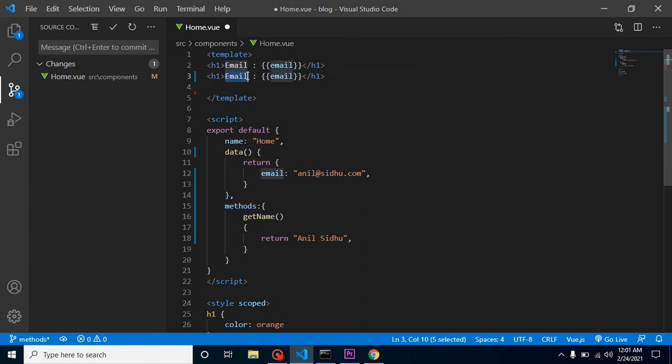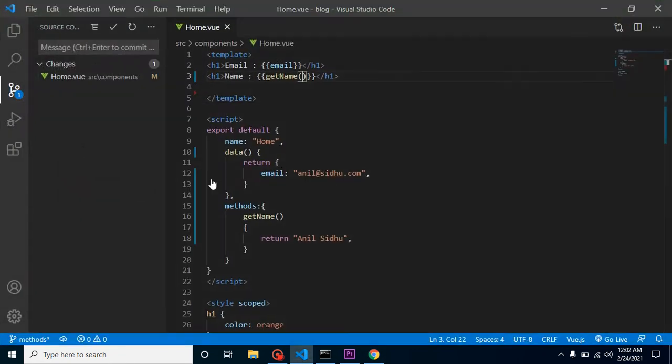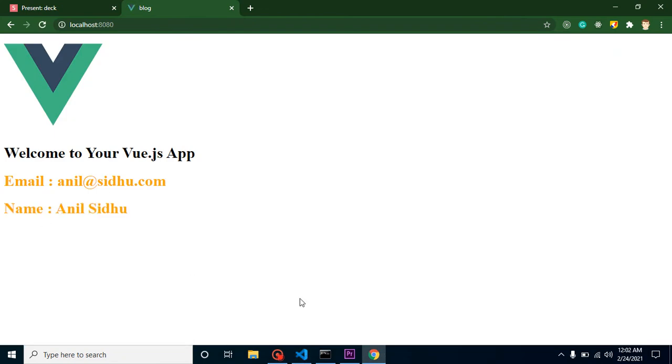So I can put name, and now put getName like this, and in the output you can see that. Okay, let me check what's wrong with it. I don't need to put a comma here because we are returning a statement. Now you can see that we got a name here.